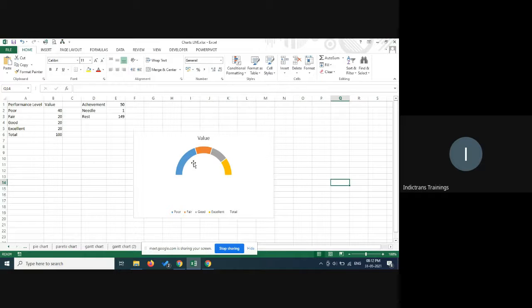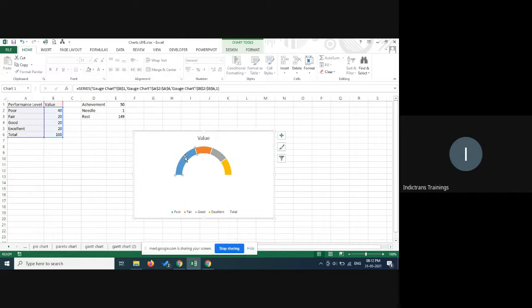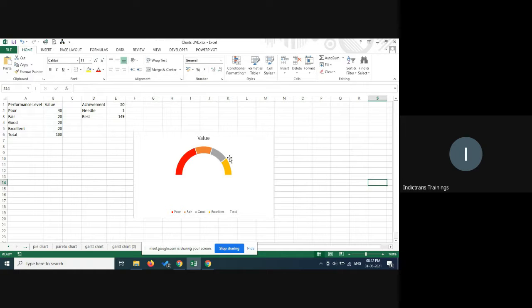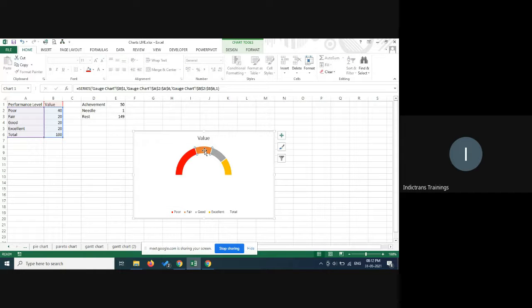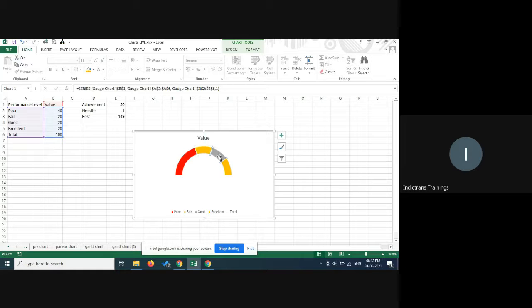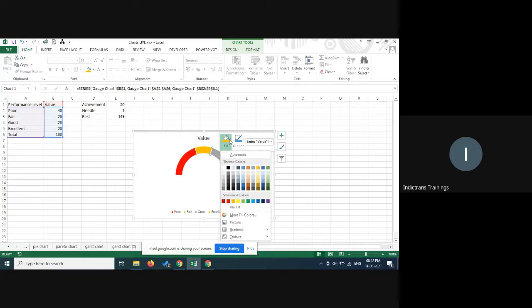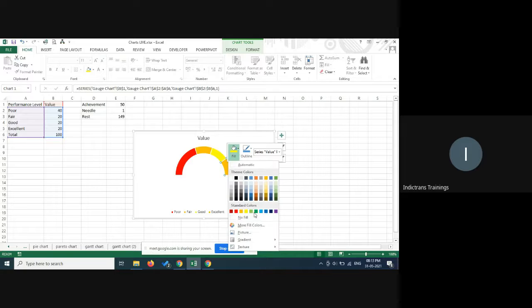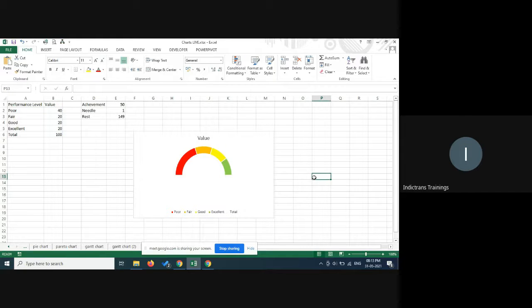Obviously, we may want to do some color coding. So I just right click. I fill this with red. Then this one again I click twice, not in succession, not a double click, but click twice, and fill this with orange. Then take this, fill this with yellow, and then the right one you fill with green. Okay, so now you have this scale, which is what we want, right? So far so good. Any questions?